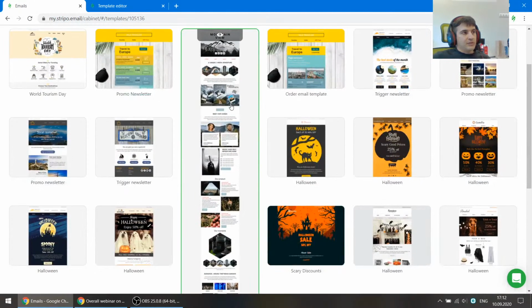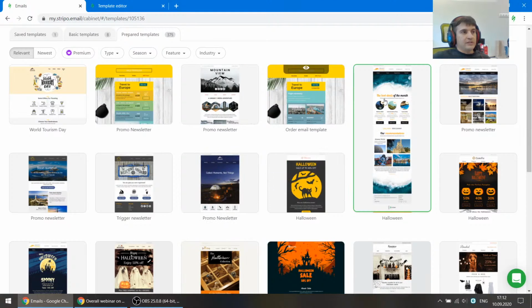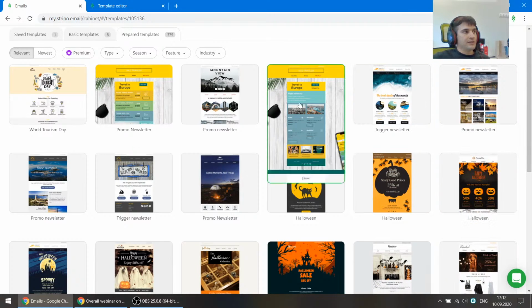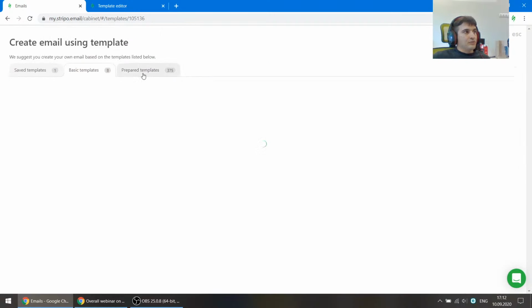You can use their design entirely, or you can just partially change different elements. You can change images, text, etc. to create a similar design. So today I'm going to use just an empty template, or maybe